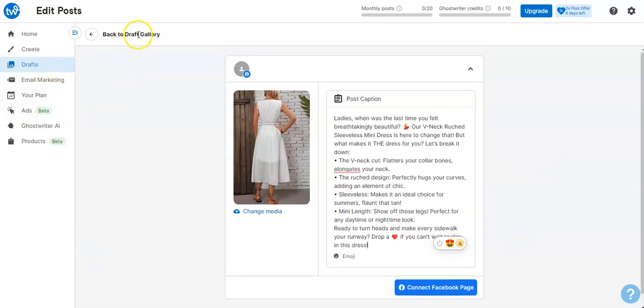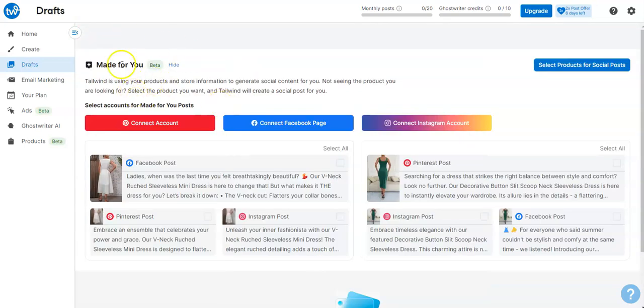So that is the made for you new feature that Tailwind has come up with. And so far, I like it. I really like how it wrote the captions. The captions are written in a friendly, conversational way. They read as if a real person wrote it, and it saves you a lot of guesswork because in my opinion,